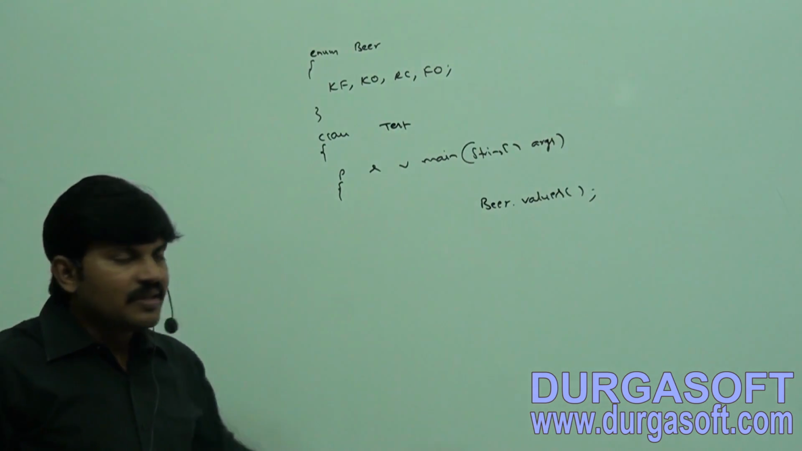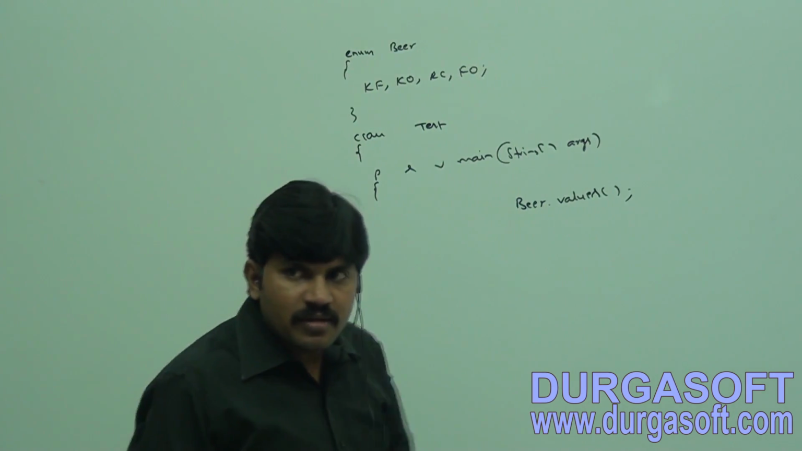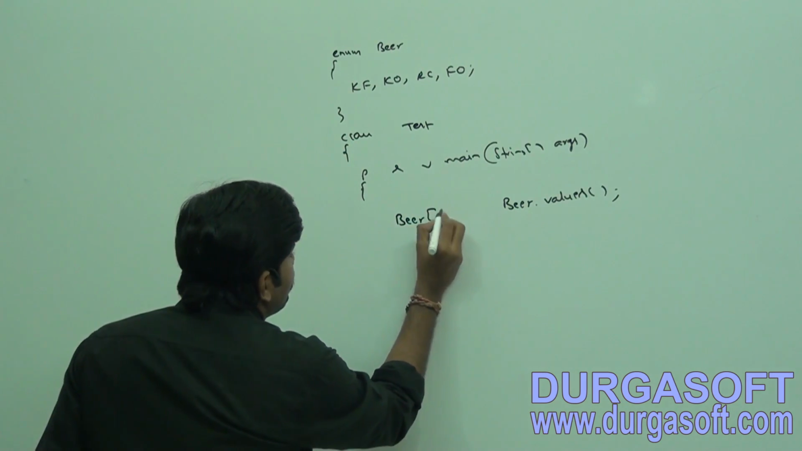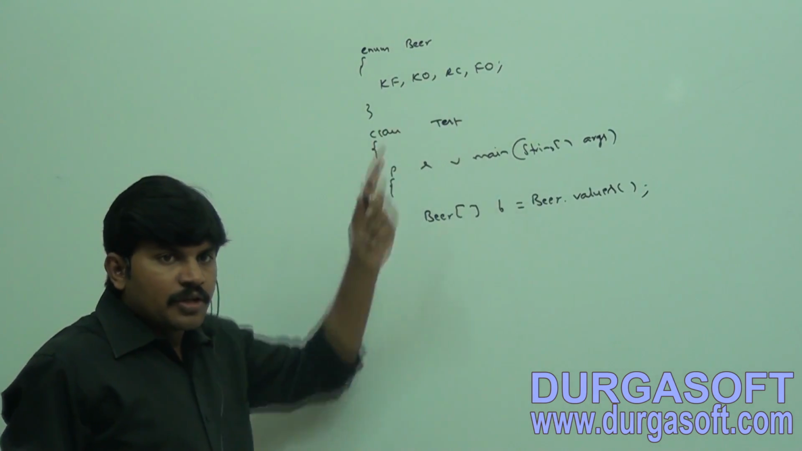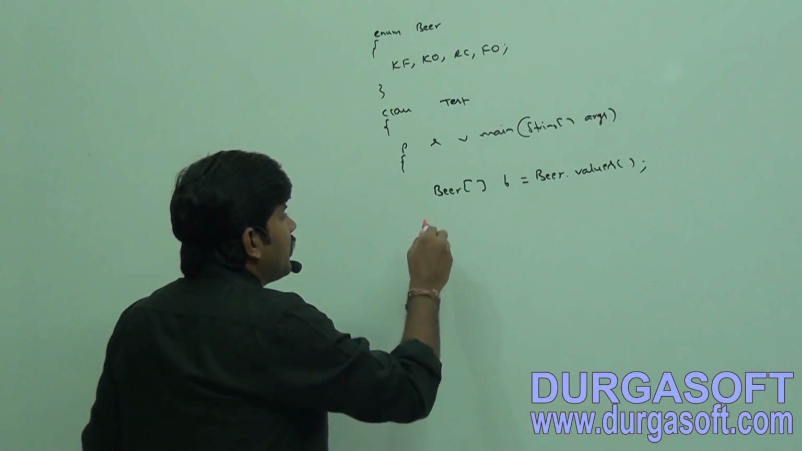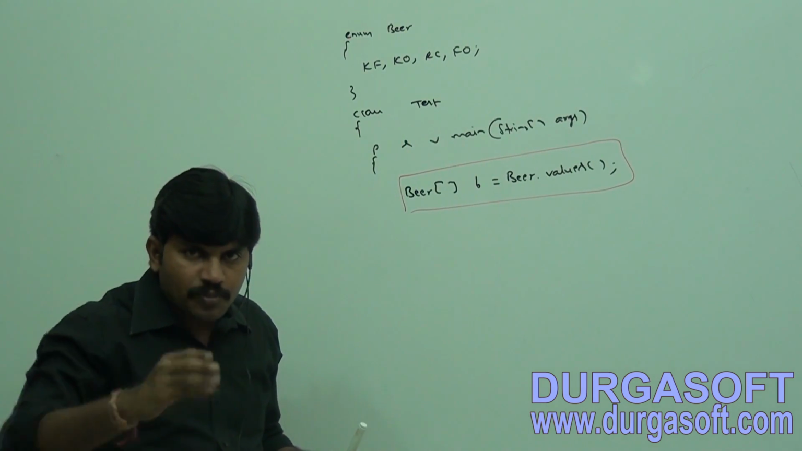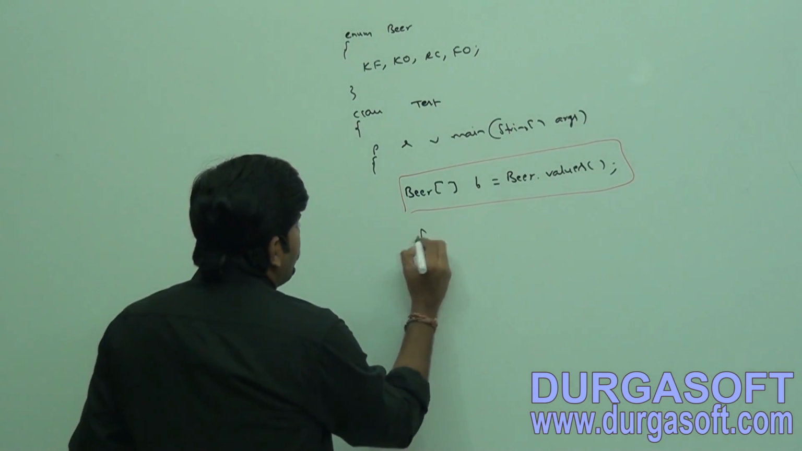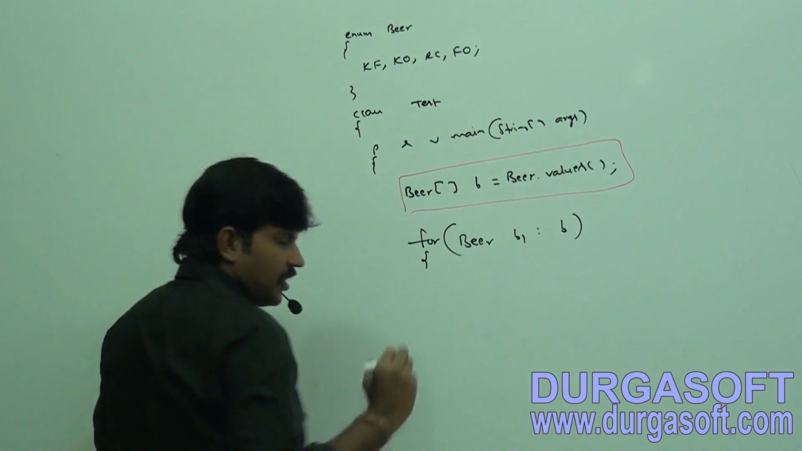If I call Beer.values, every value is a Beer object. Then how many objects am I going to get? 4 objects. How can I hold these? The return type of this method is a Beer array, because a group of Beer objects we are going to get. So the purpose of the values method is to get all values present inside an enum. Then we should go for the values method. Now for each Beer b1 in b,